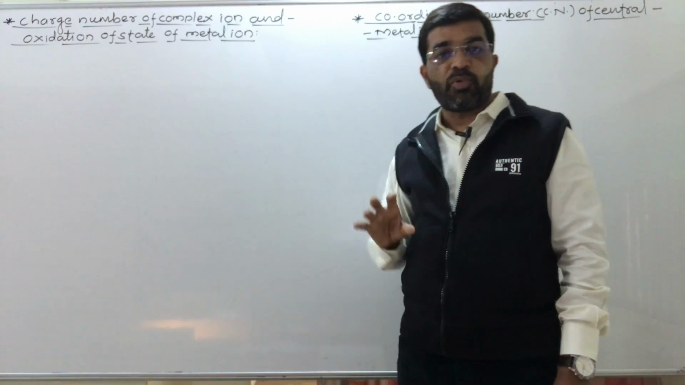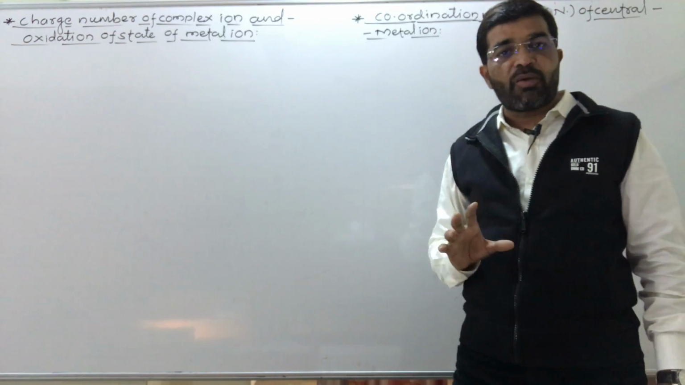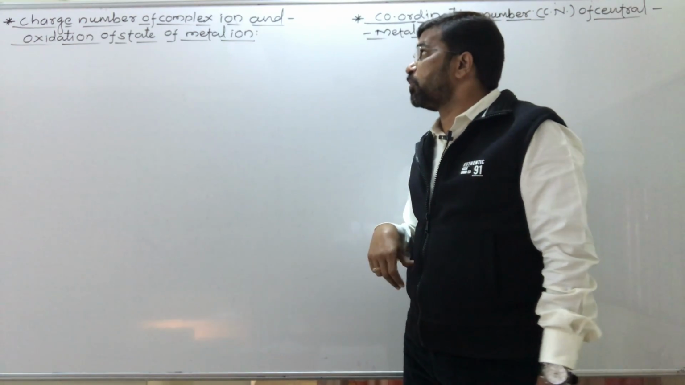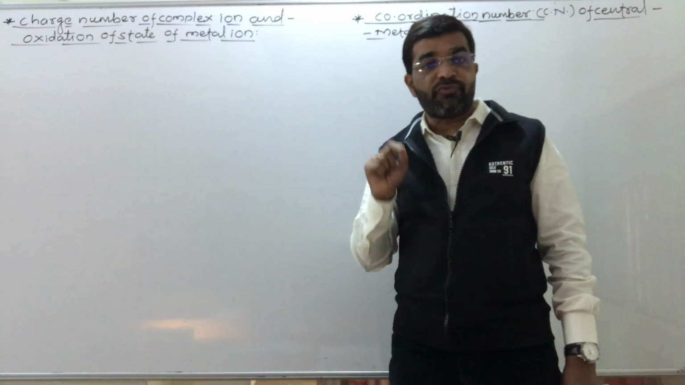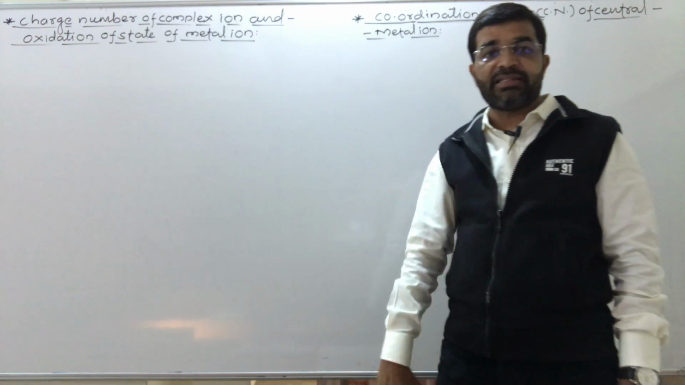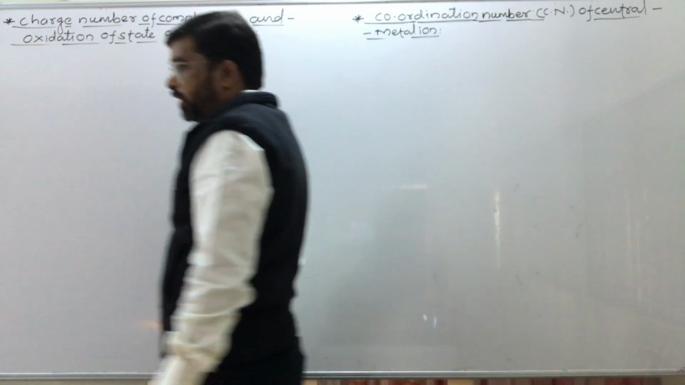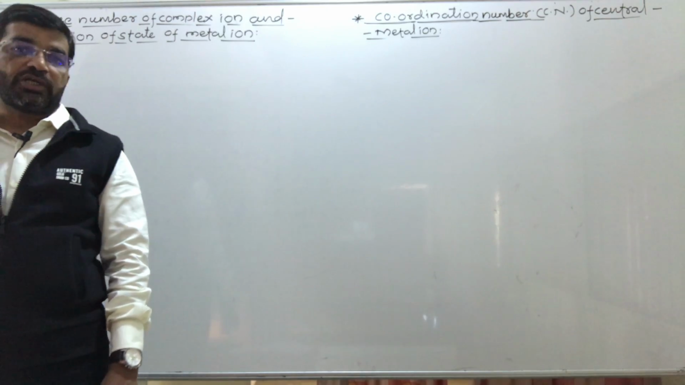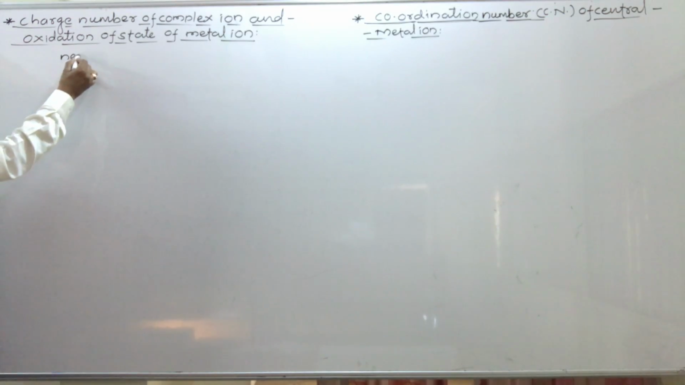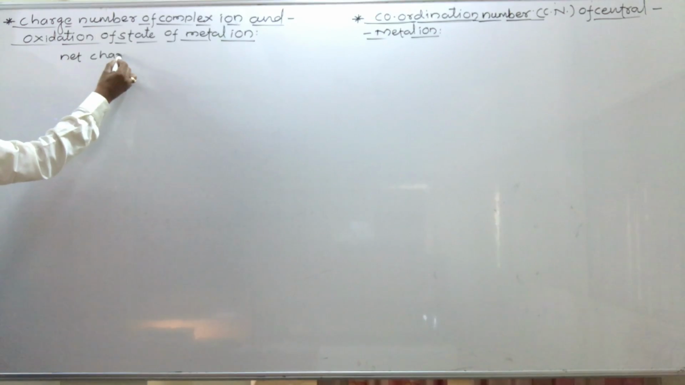Today we have to study some other points about coordination compounds: what is the charge number of a complex ion, and how to find the oxidation state of the metal ion in that coordination complex. So, first of all, the charge number of a complex ion. The charge number of a complex is the net charge